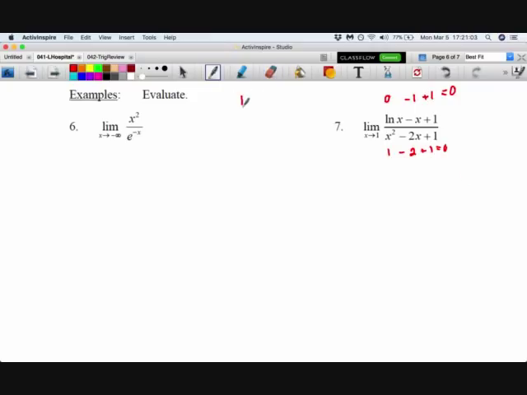You need to write: limit as x approaches 1 of natural log x minus x plus 1 equals 0. And limit as x approaches 1 of x squared minus 2x plus 1 equals 0. So, by L'Hopital's, our original limit